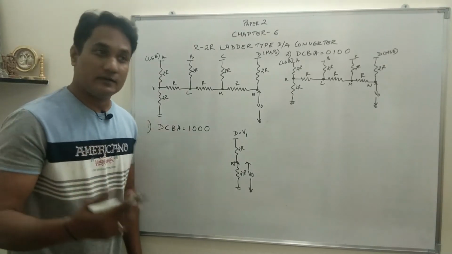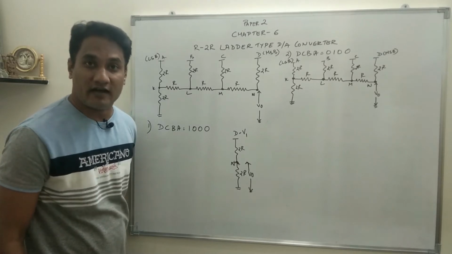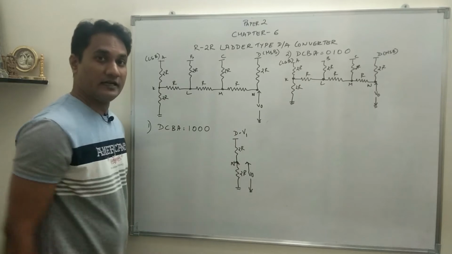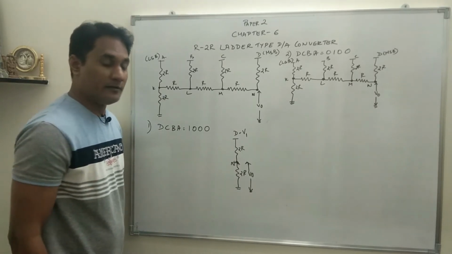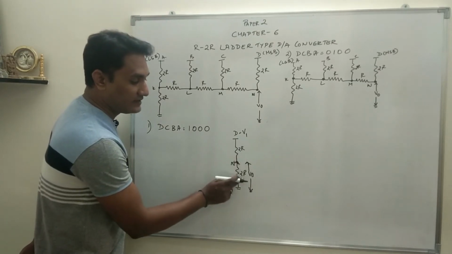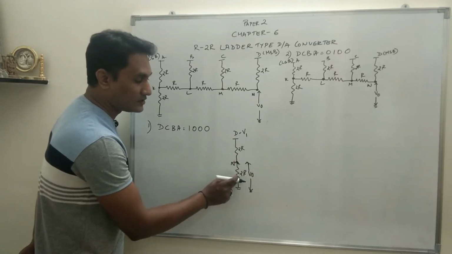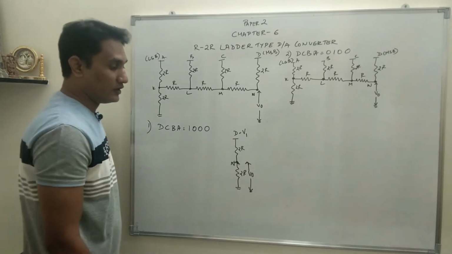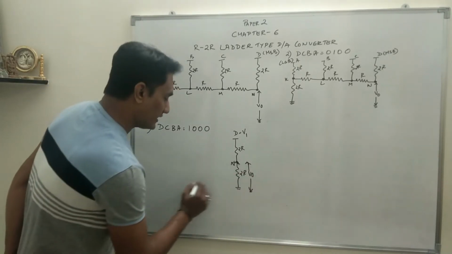In electronic terms, this type of arrangement is called a voltage divider arrangement. Please try to understand. This will come again and again, a number of times here in paper 2 as well as in paper 1. So make sure that you understand two resistors are connected in series. When resistors are connected in series, current remains the same and the voltage divides. The voltage divides, therefore it is called a voltage divider arrangement, and the output voltage will be taken.